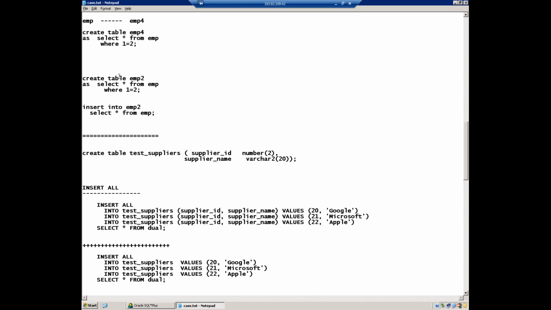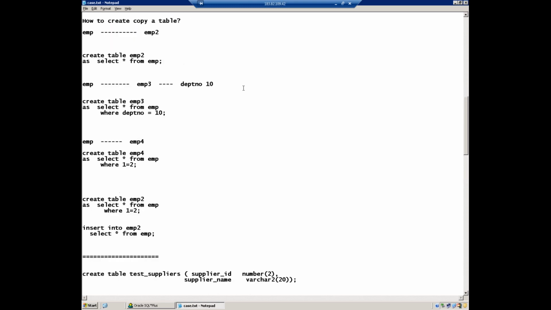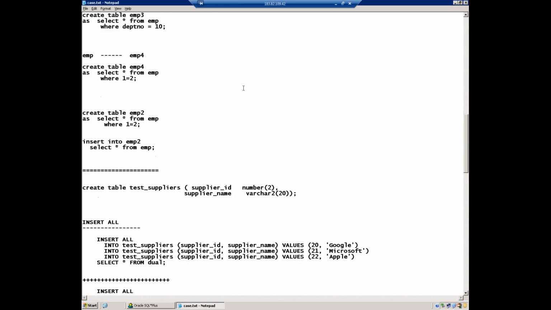No, what you do, so it's like a merger only. You don't want to create a table, you want to just insert the data, isn't it? Let's take the example of create: create table EMP2 as select star from EMP.